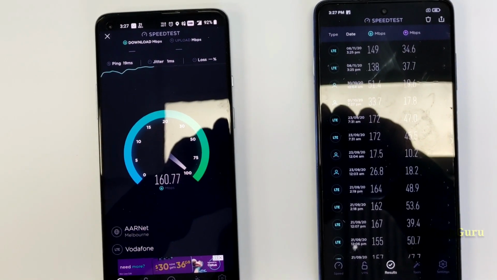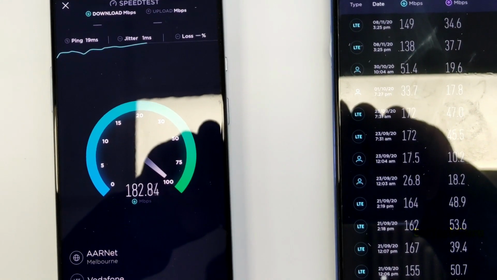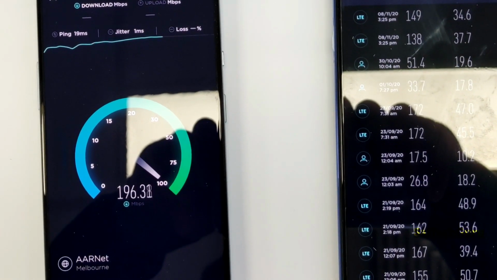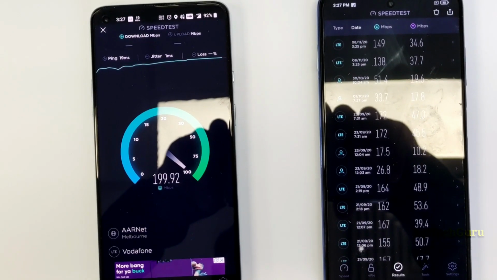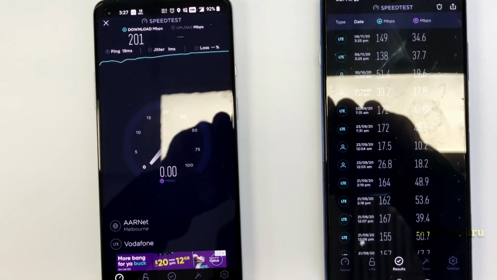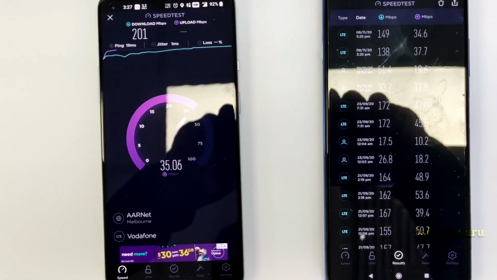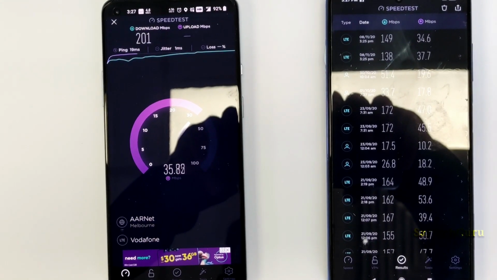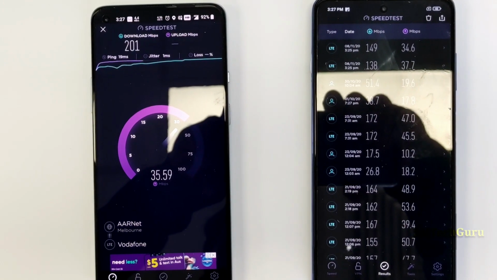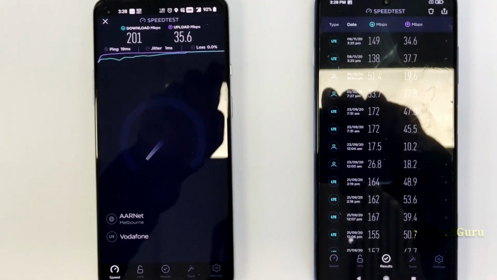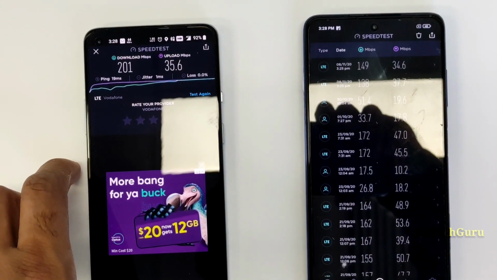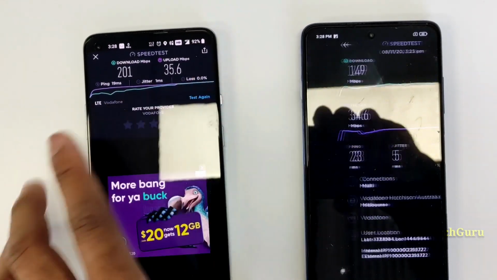So right now you can see on the OnePlus 8T, the results are increasing close to 200 Mbps, as you can see here, friends. So these are the overall differences between the mid-range segment versus the premium end smartphone. The premium end segment mobile phones are good at this kind of speeds, 200 Mbps to 250 Mbps as well. So now I'll try to compare both results side by side.